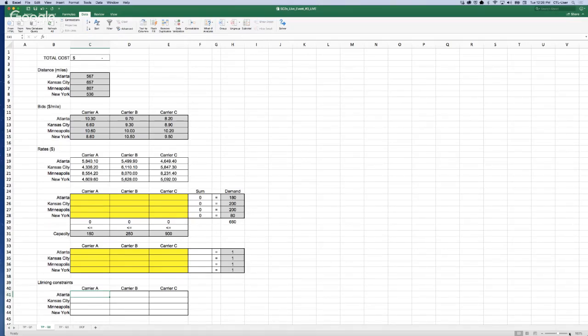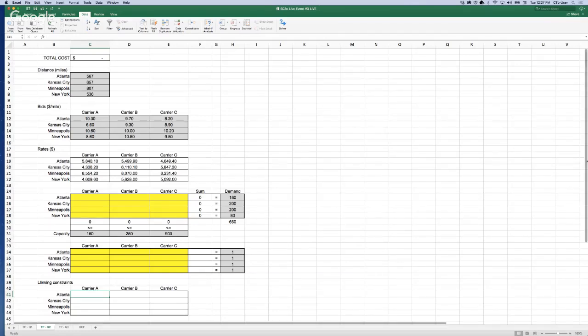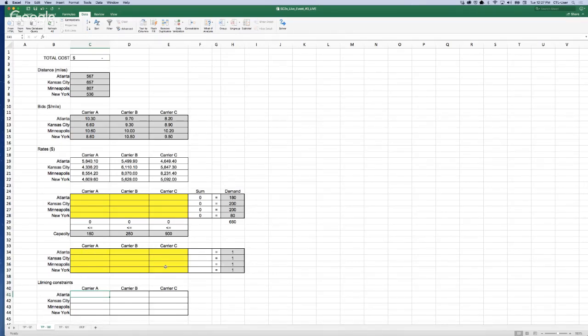additional decision variables, and those decision variables are going to be binary variables, because there is a constraint saying that the number of carriers assigned to each lane should be only one. So that's why in this part we have these binary variables. Okay, so the cost is going to be exactly the same as before. It's just the sum product of the rates per load multiplied by the loads that will be assigned to the carriers. So that's exactly the same.